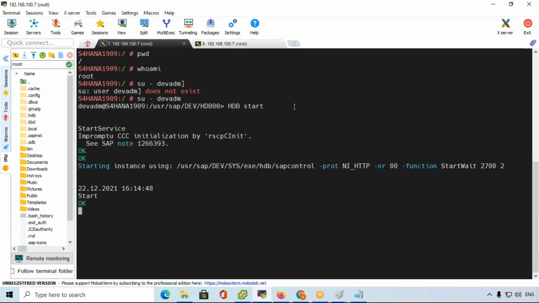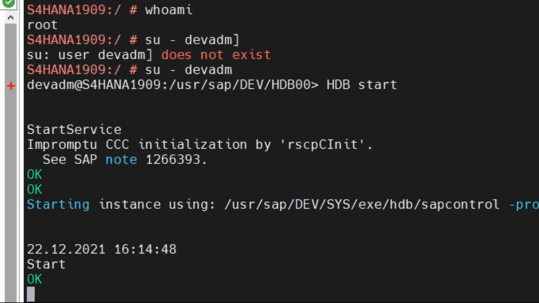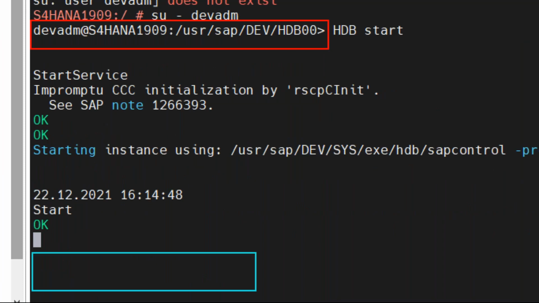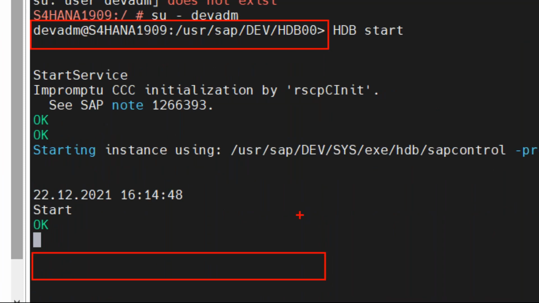We need to get one line like this. So here we have this line, right? The same line we need to get here. Then only we confirm HANA database is started.